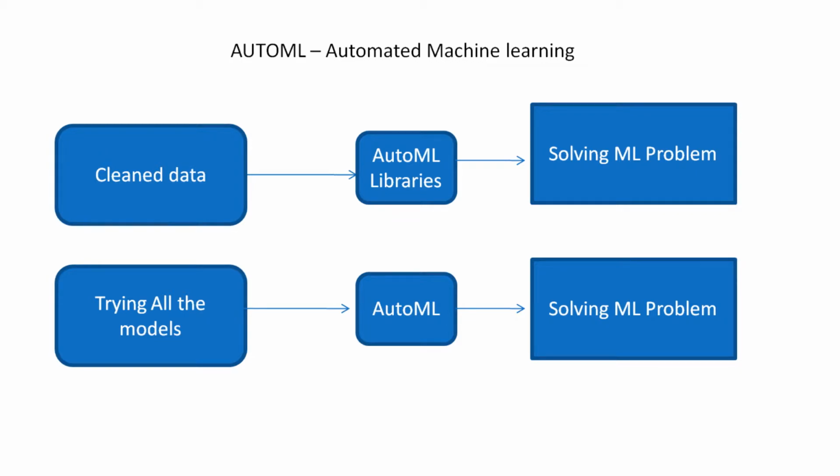So the exact use of AutoML is here. The use case of AutoML is, if you want to find out the best fit regression model on your dataset, you need to feed your clean data into the AutoML libraries. With the help of some AutoML libraries, we can easily find out which model will give you good accuracy. So if you know the particular pipeline, then you can easily solve the problem and save a lot of time from it. So this is the concept of AutoML. There are a lot of things to discuss about the AutoML libraries in this video. I'm sure that in this video you will get more information about AutoML.